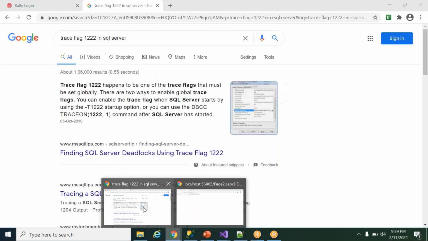Say for example, in the URL the ID value equals 1. When I click this button, I want to apply this value 1 to that text box control.